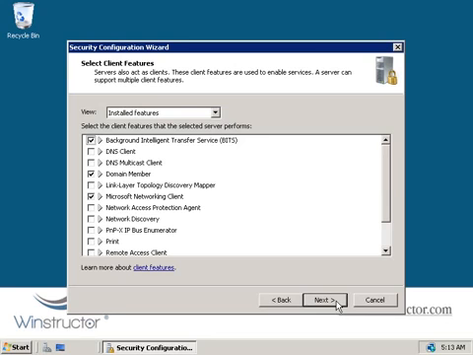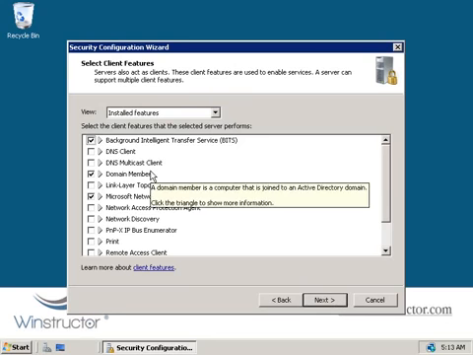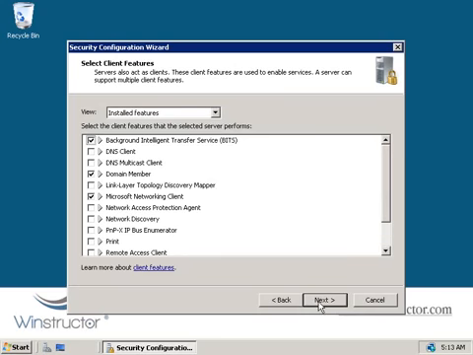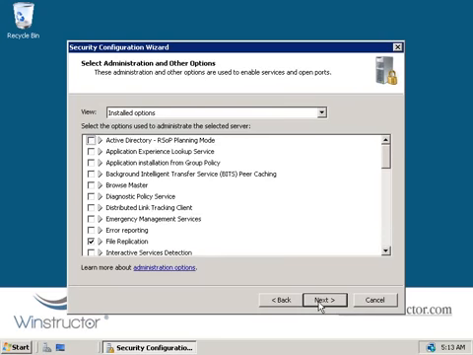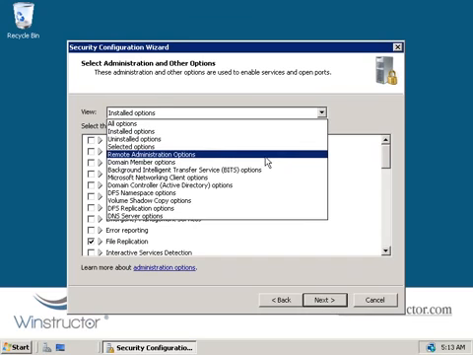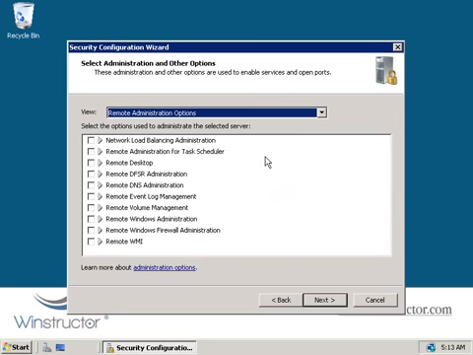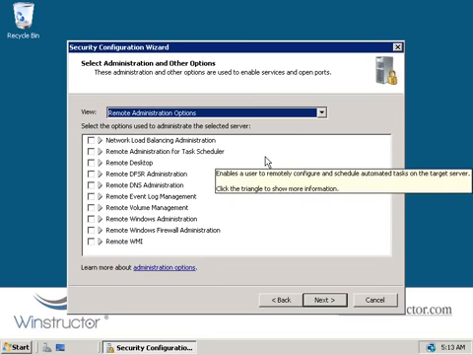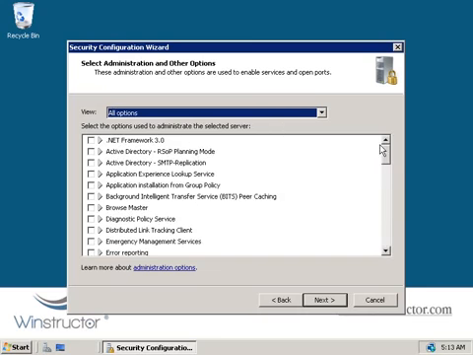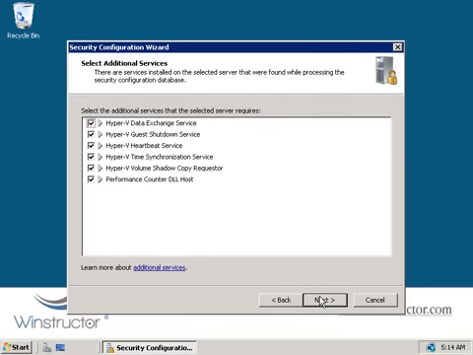And then we'll need to do the same thing again for the client features as well. Again, select the client features that this server will need to have installed and remove the ones you don't need, and then click Next again. Now we'll need to select which options we want to be available for us to be able to administer this server, and it's definitely worth taking a look at these, such as things like, say, the remote administration options, as some of these will be pretty important to you if you want to manage this server remotely. Again, you can go through this list and check the ones that you need, deselect what you don't, and then